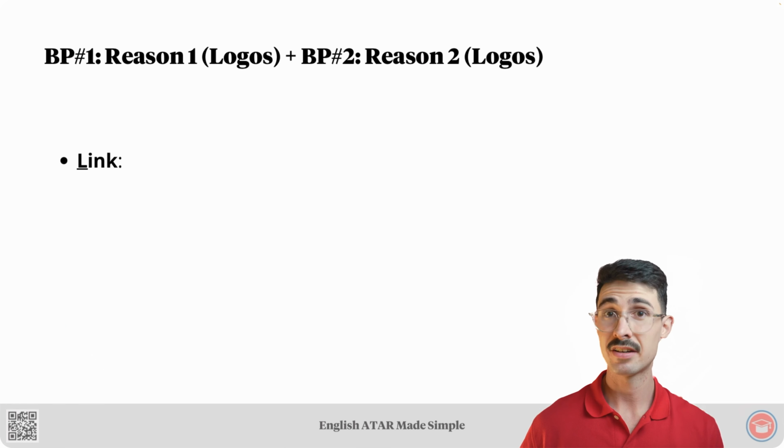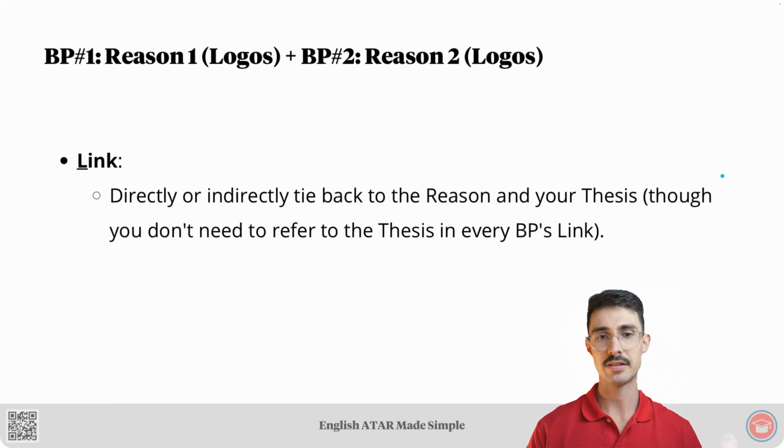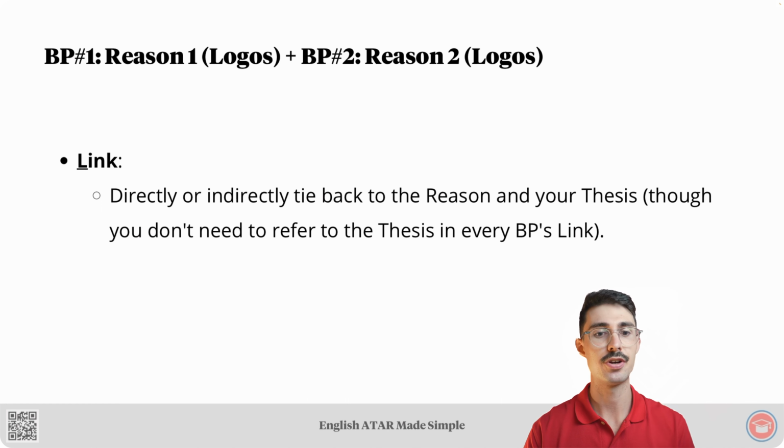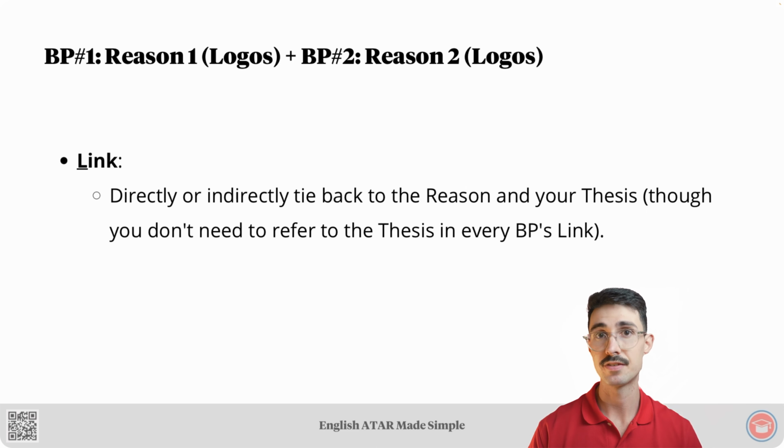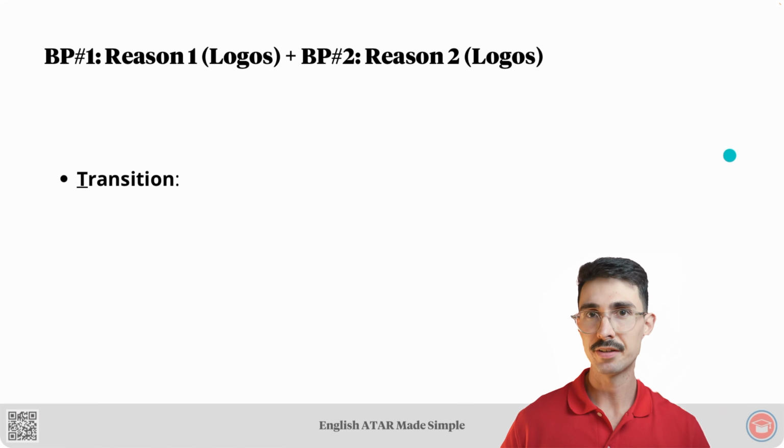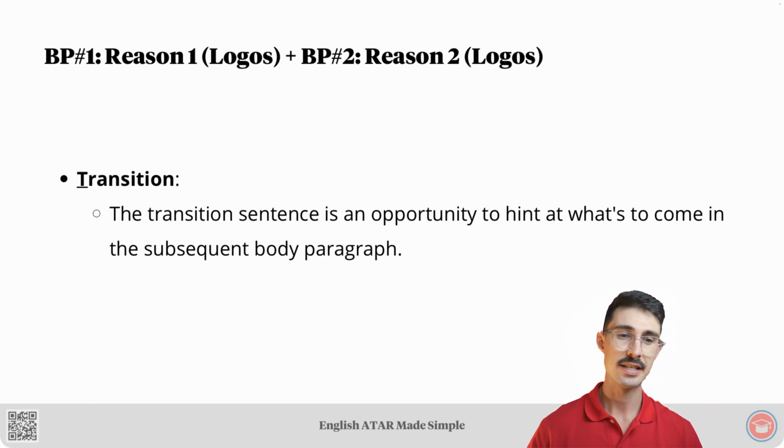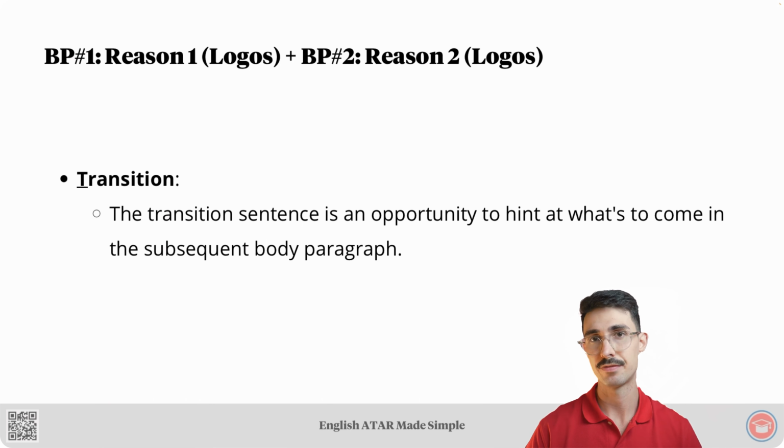Then we've got the link, which should directly or indirectly tie back to the reason the link of that paragraph relates to and your thesis. Though you don't need to refer to the thesis in every body paragraph's link, at least 1 or 2 of them. Finally, for the first 2 body paragraphs, we've got the transition element. Here we said this is really an opportunity to hint at what's to come in the next body paragraph. Those were some key takeaways regarding the first 2 body